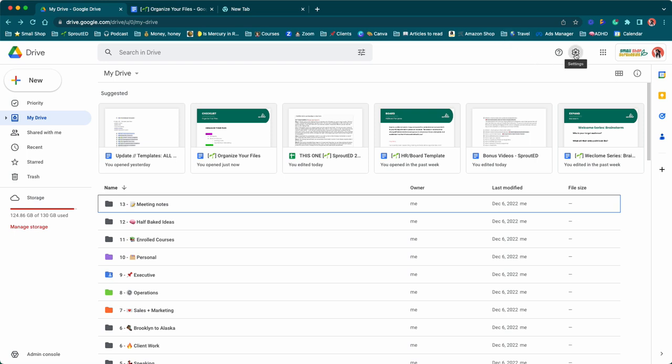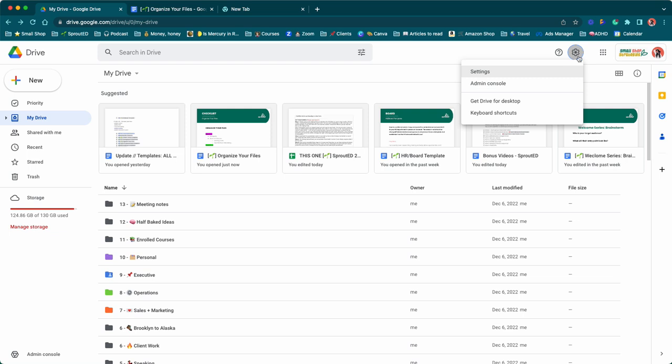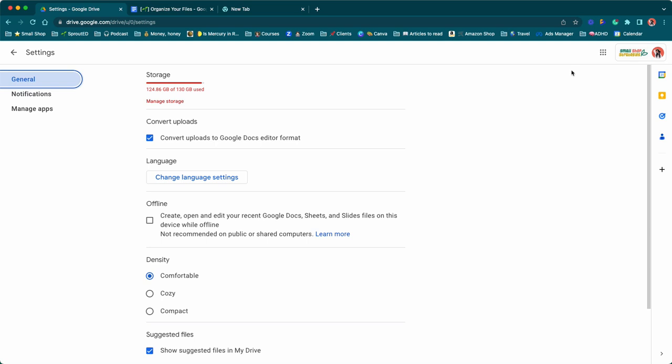folders, I actually want to go up to the settings bar here, or the settings icon, this gear icon, and then go to settings. And so from here, what I'm able to do is make some updates that allow me to quickly access the information that I want to access right away. Now, this is totally your preference, so you determine what makes the most sense for you, but I am just going to show you how I use Google Drive and some of the settings that make the most sense for